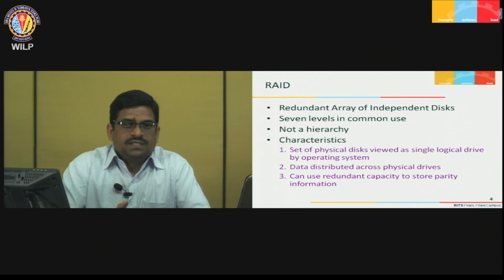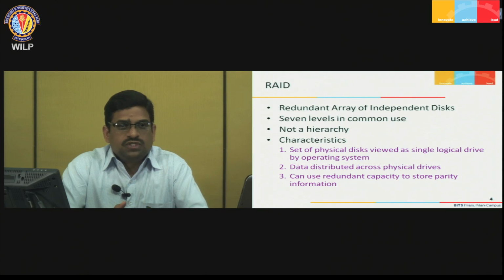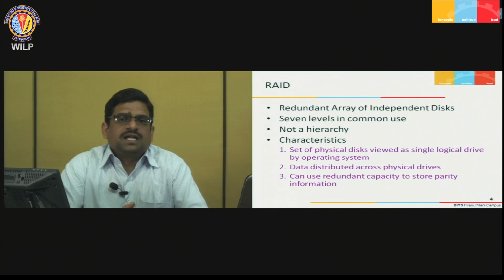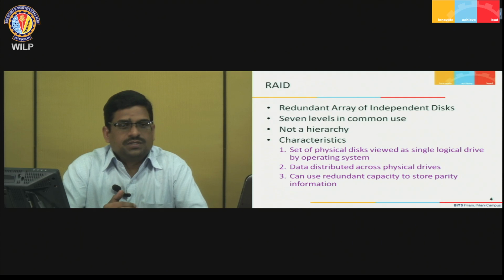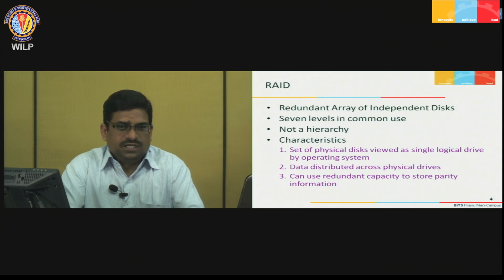It means we have multiple disks, and the redundant word says that you have some kind of duplicacy in the data maybe. So, one term is distribution of data, and one is redundancy of the data, the two things which RAID provides. There are 7 levels in common use, and some hybrid levels are also there, and these levels are not like the memory levels, cache to main memory to secondary storage. There is no connectivity between level 1 to level 2 to level 3, it is not a hierarchy as such,